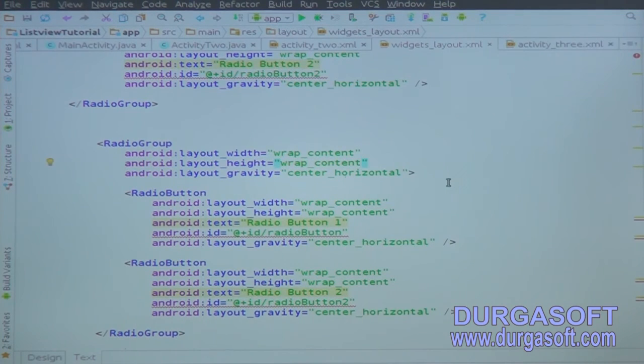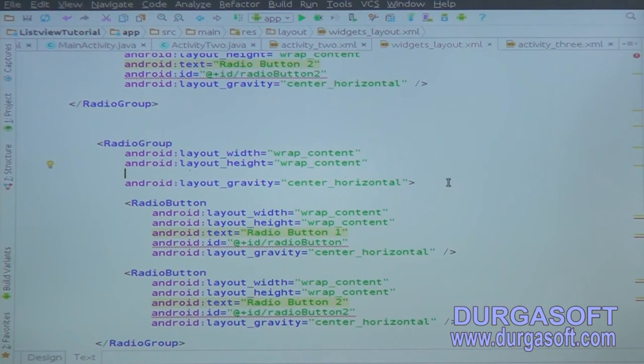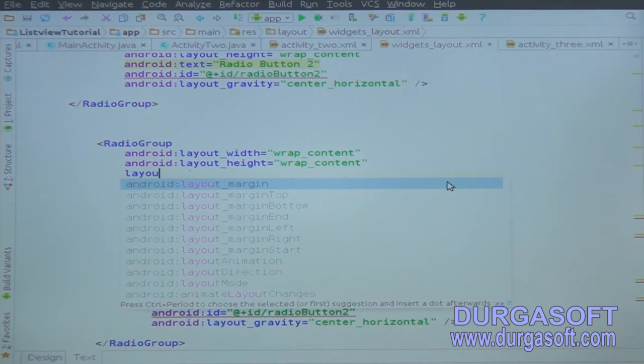and I'm creating a new radio group again, layout below,